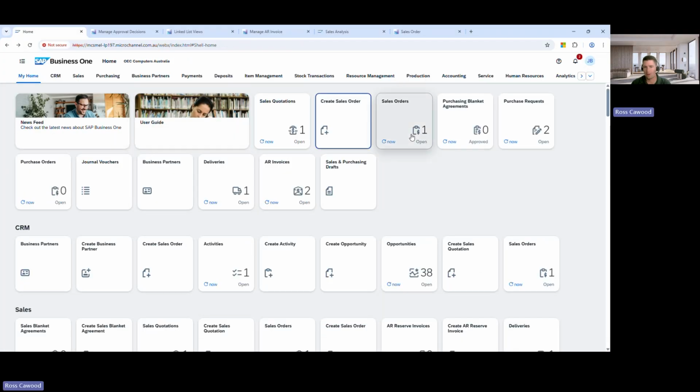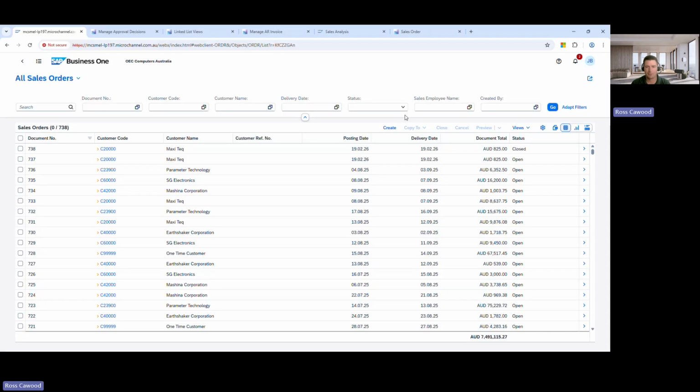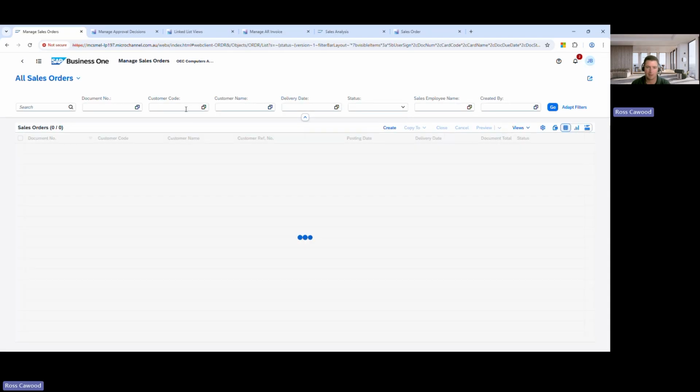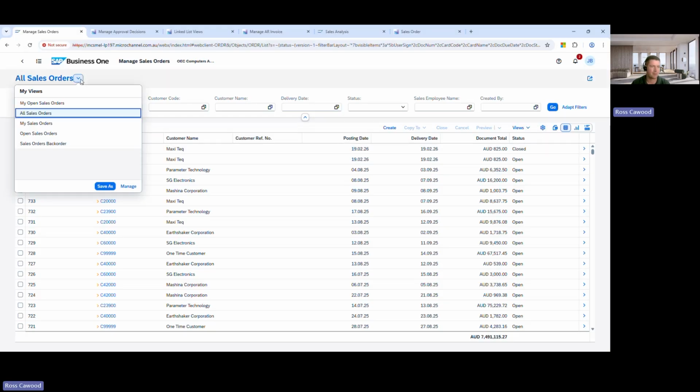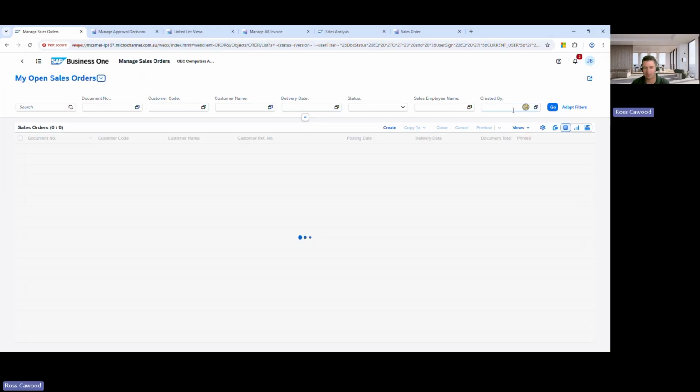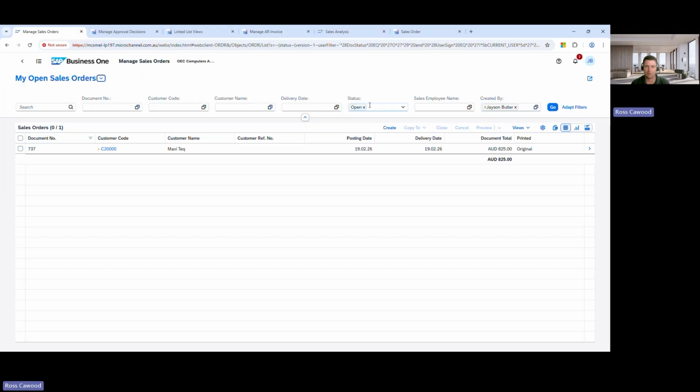When we refer to a list, it's a list of sales orders. So here we click on that and we can see a full list of all our sales orders. What we can actually do in this particular screen is create different views. At the top here, I've got all sales orders. I can go to my open sales orders, and that'll filter by me,